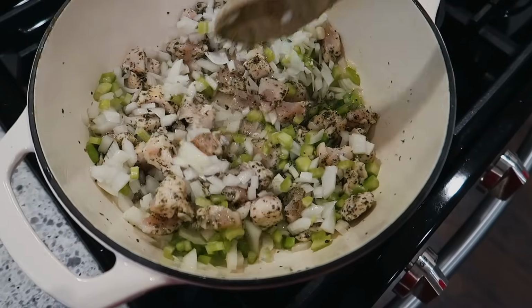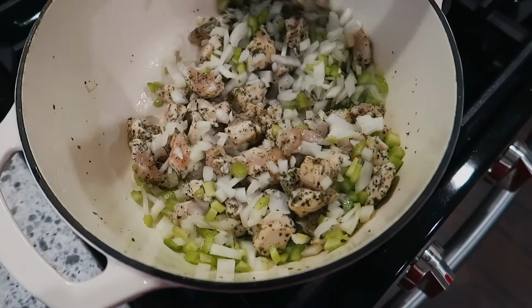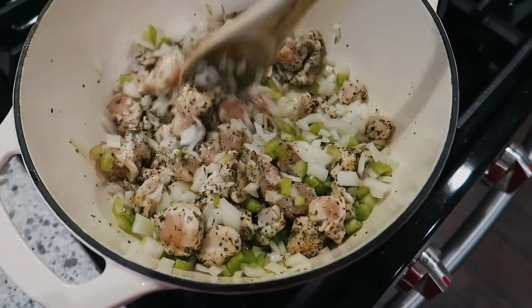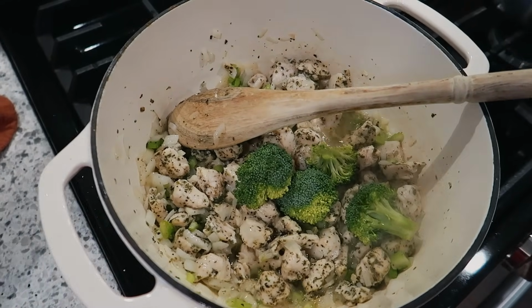Next, I'm going to add my onion and celery that I chopped up and just stir that in and cook it for probably just another 3 or 4 minutes until the veggies start to soften up. Okay, at this point, I'm going to add some butter and the broccoli,